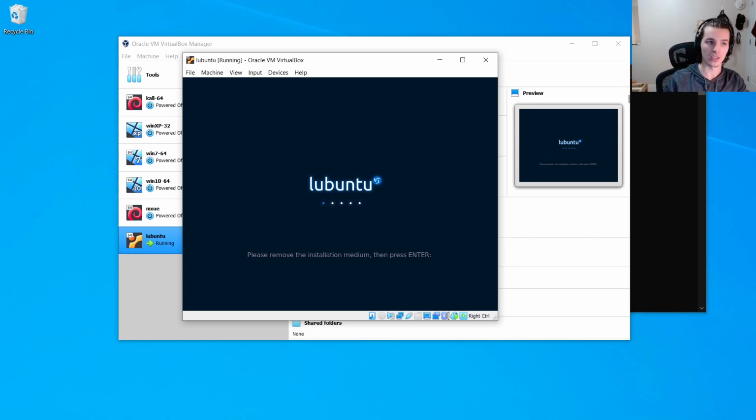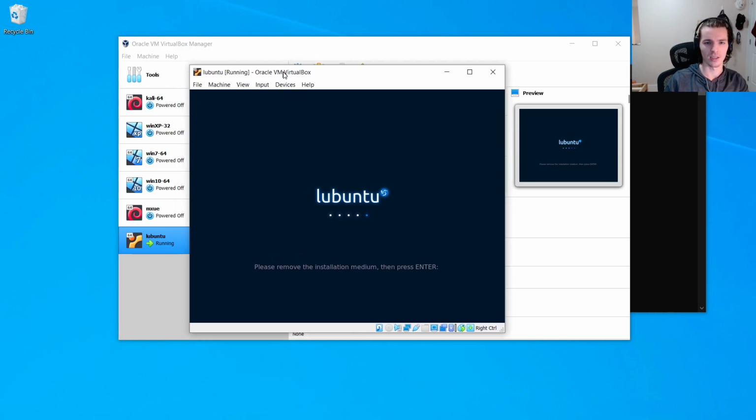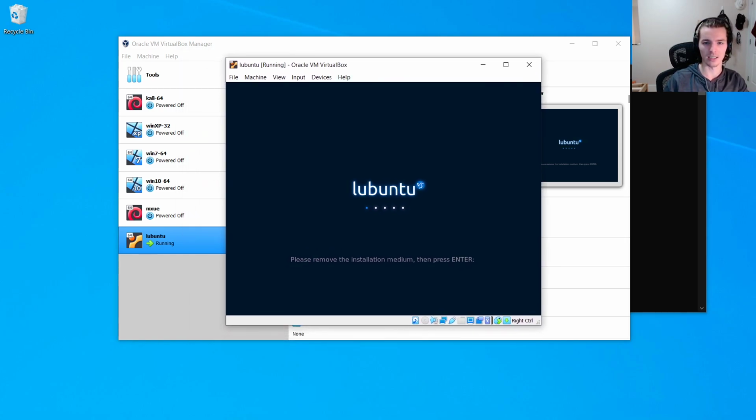We could just continue using the live for all of this, but our progress will be gone once we finish, and we won't really have much hard disk space to work with. It'll be whatever VirtualBox decided to give to that CD drive, however much space or size it decided to give the CD drive. I don't know what it is by default, but